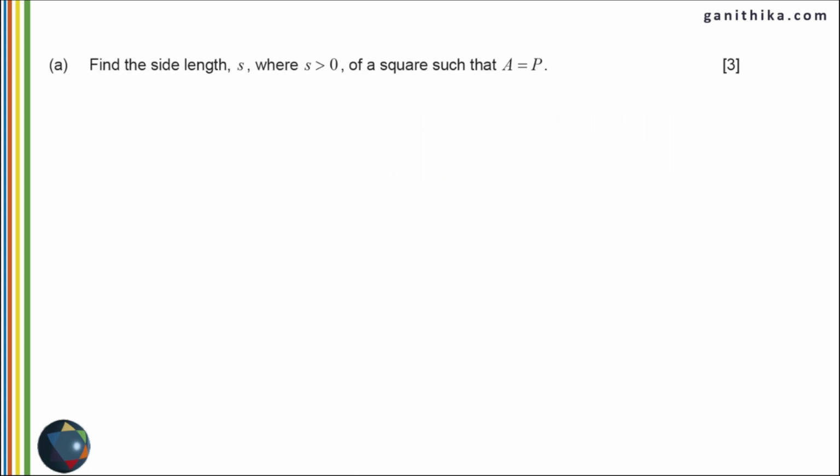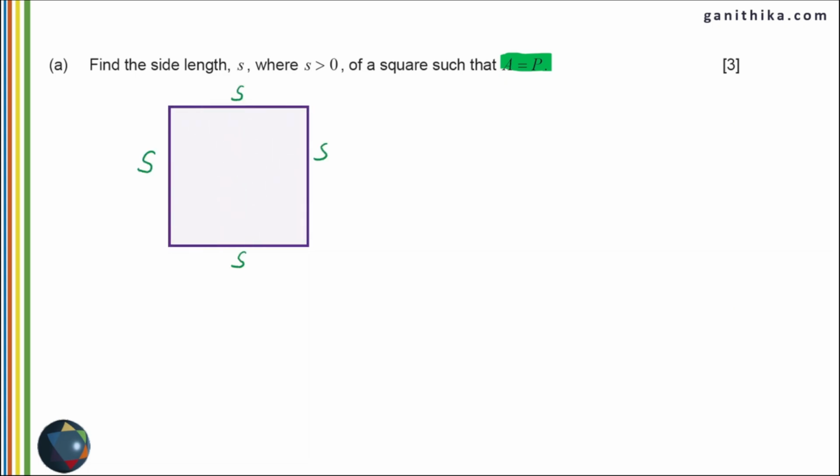This is a very simple question for the beginning. We have a square of side S, and in this square we have A equal to P. So let's make a quick diagram of a square of side S. The area of this square is going to be S squared and P is going to be 4S. Since A equals P, we can equate these two and make an equation S squared equals 4S,